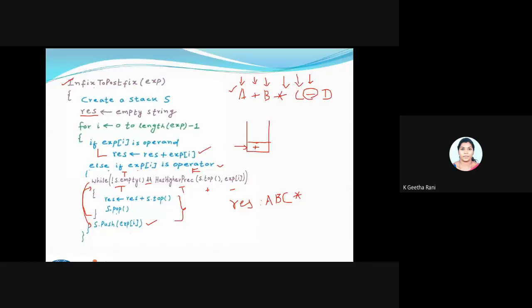Okay, so what I'm trying to do here, put this top value inside a result and do a pop operation. So I'm just putting this plus inside my result. Done. Okay, now what happens after doing it? I'm just erasing it. You get an empty stack. Okay, again it gets inside.